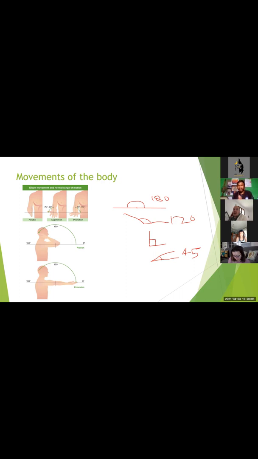We'll do more practicals with asanas later on. I think it makes sense: whenever the angle between the joint increases, that is extension, and when it decreases, that is flexion. And when you get more than 180 degrees, just like if I'm keeping my hand like that, right now it is around 180, but when it is more than 180 degrees, have you ever seen so many people